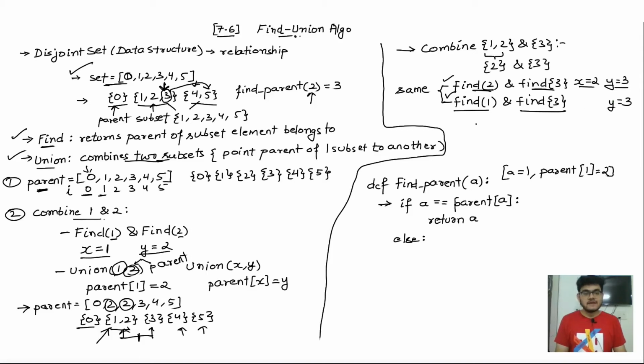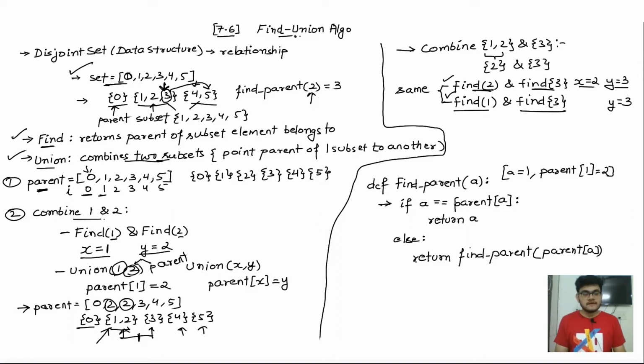So it will give me a value of 3. Now let's see what the value of x is. In the else case, I'm going to make a recursive call to the find parent function. The idea is very simple: we want to reach the parent, because that's the essential motive of the find parent function. It finds the parent of any given element inside any subset, and once we have found the parent, we can do the combining part, which is the union part, right? So find parent, and inside this I will give the value parent of a.